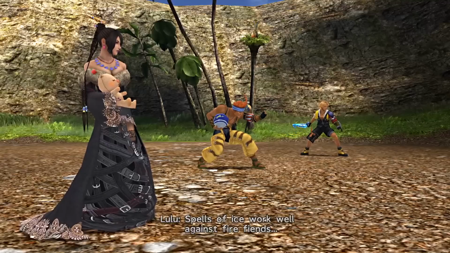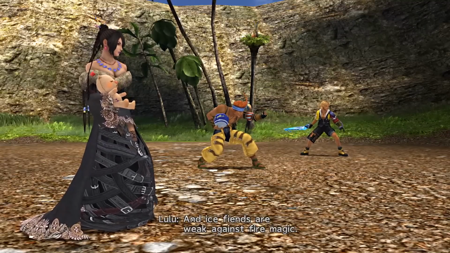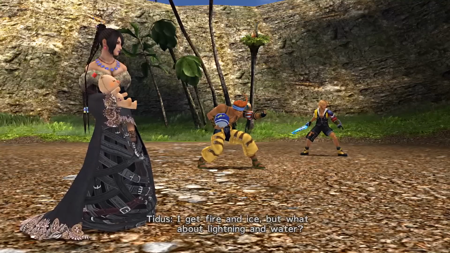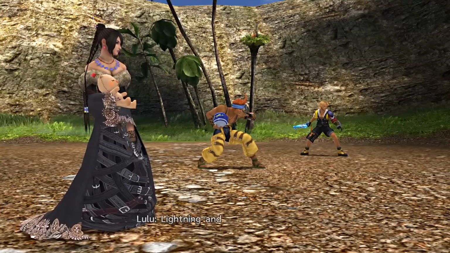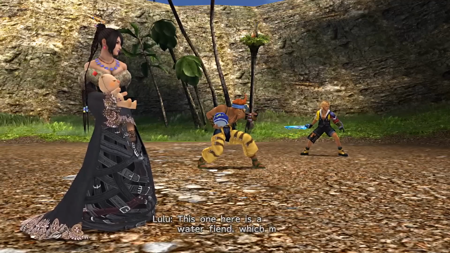Spells of ice work well against fire. Weak against fire, not really magic. I get fire and ice, but what about lightning and water? Lightning and water are opposed, just like fire and ice. This one here is a water fiend, which means...